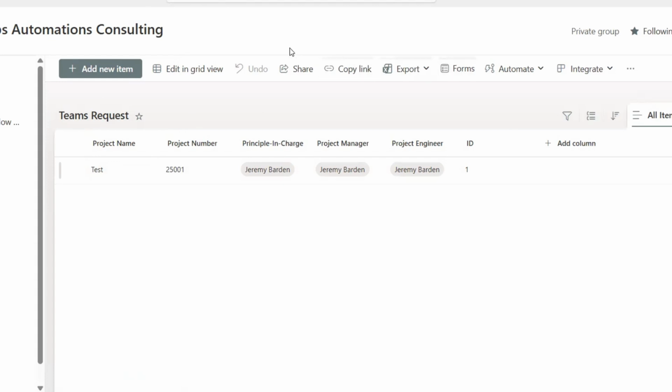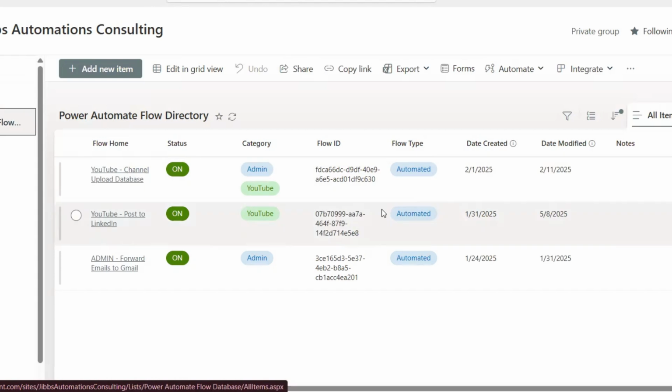And what we can do next is set up a list for our Cloudflow directory. I already have one that I've set up, and you can do something similar. I'm just going to show you what I have, and you can do however you want. It's not pertinent to the workflow that we're building. It's just helping us to keep everything organized. So as we build each flow, we're going to populate the flow details into this flow directory. You can also automate this so that it updates itself